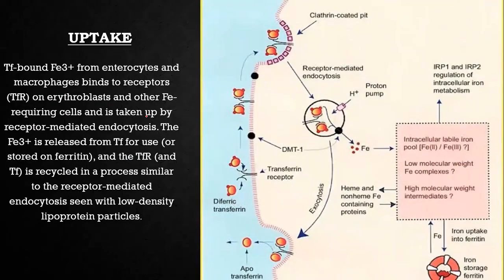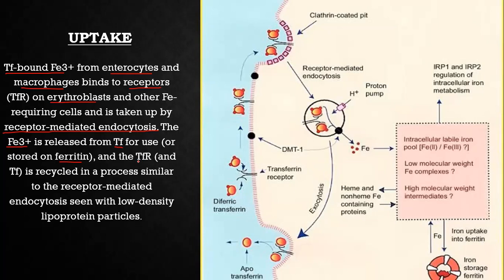Now, uptake: how is iron taken up by the cells which require it? Transferrin with the bound iron from enterocytes and also the macrophage usually binds to receptors found on the erythroblast and other iron-requiring cells, and it is taken up by receptor mediated endocytosis. Then this iron is released from the transferrin for use, or it can be stored in ferritin in these